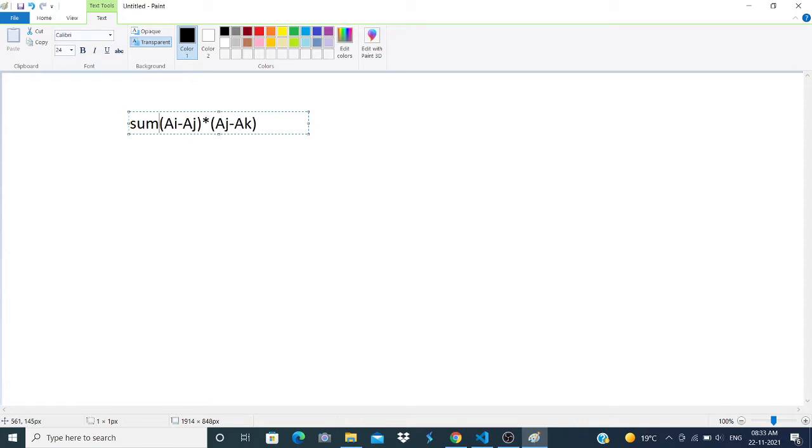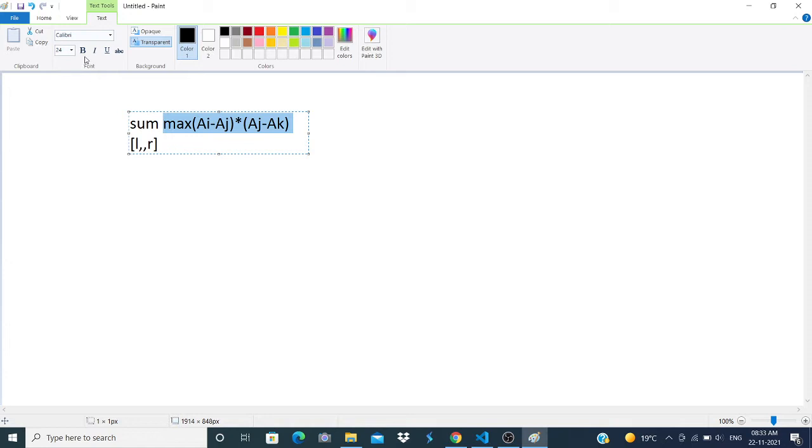So we want to sum over all subarrays L to R. For every subarray starting from L to R, we want to find the maximum value of this and just sum this over all the possible subarrays.